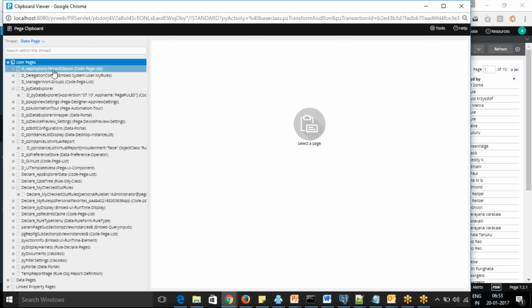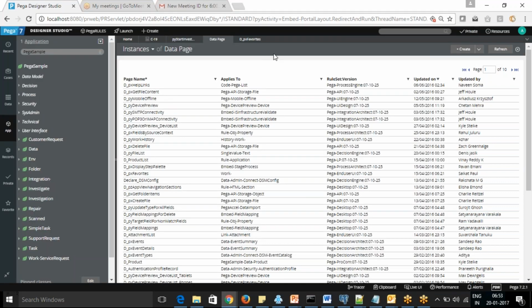Mainly, you have multiple threads. For each rule you open, it's going to open a new thread so that you are able to work on that. So every time you open a new tab, it will be faster.